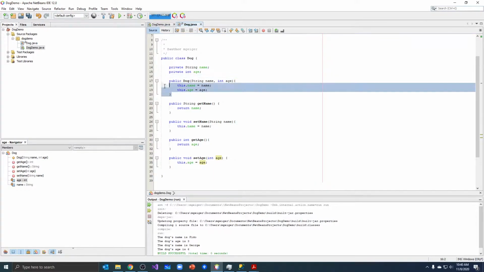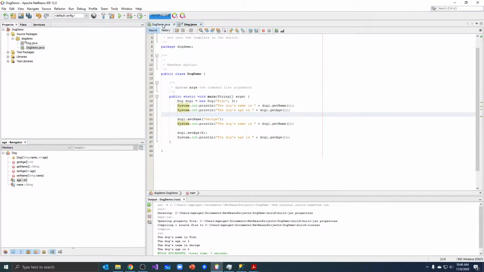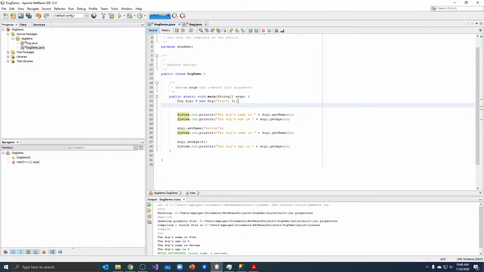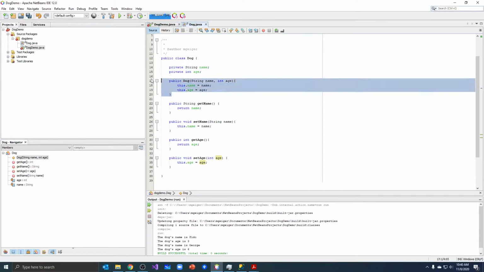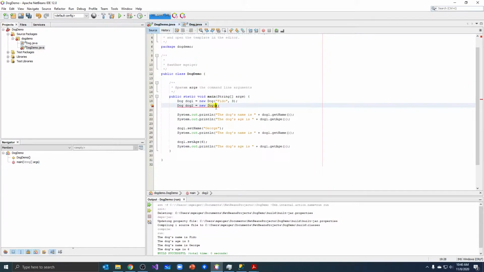Remember when we added this constructor that requires a name and an age, we could no longer create a dog. Try and create a second dog here. Dog 2 equals new dog. Originally, we had created a dog using this new dog command, and we didn't put anything in the parentheses. And it worked just fine. But the minute I created a constructor that required a name and an age, it won't let us do this